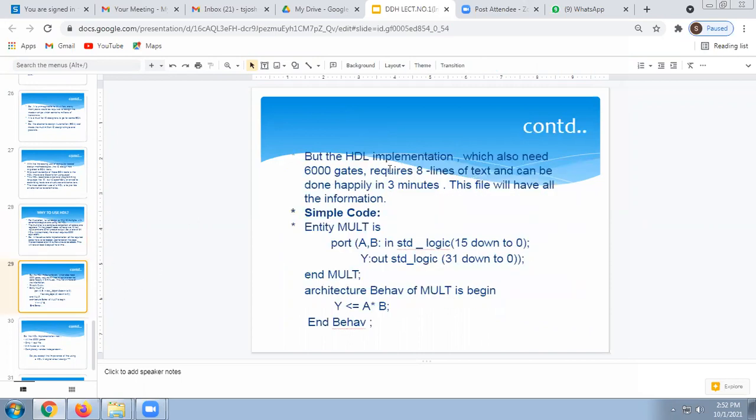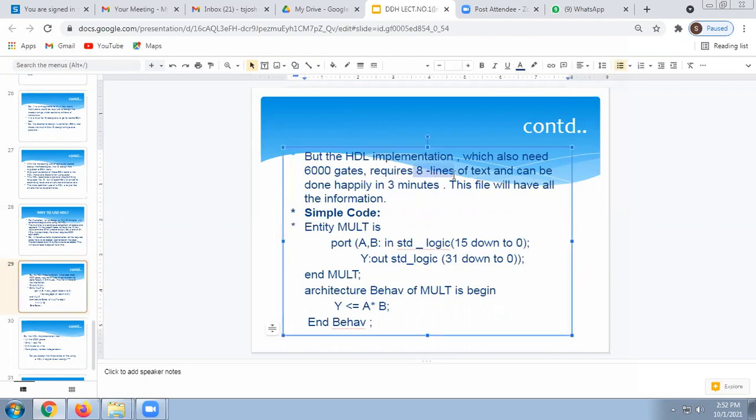But in HDL implementation, which also needs 6,000 gates, it requires only an 8-line program. This 8-line program describes the 16x16 multiplier. If we execute this program, it gives the circuit schematic as well as the input-output waveforms, and it takes a minimum of 3 minutes.